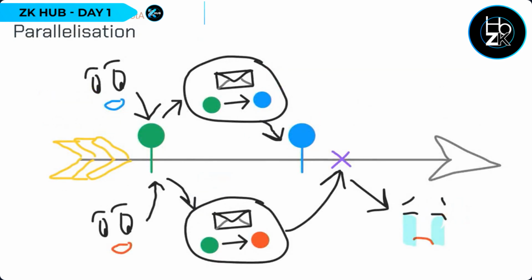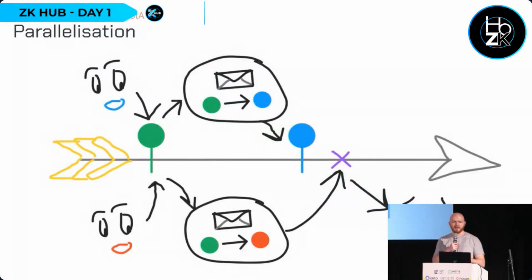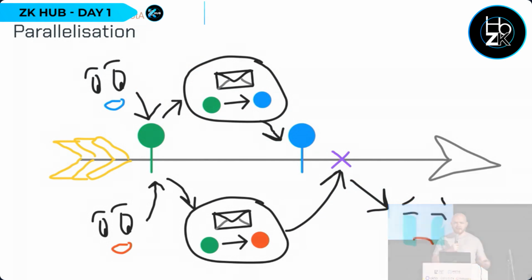The harder problem is parallelization. If you look at the documentation for the Mina protocol or Miden, or a lot of people, everybody struggles with this. Basically, if you do ZK proofs for state transitions, you have to start from an initial state commitment. So if two people see the same initial state and each send their own proof, whoever gets there first is going to deny the ability to process the other proof, because we've gone from a green state to a blue state, and the other guy expected the green state to go to the red state, and we just cannot transition from the blue state to the red state. We don't know what's happening there. And so again, annoying because your transaction doesn't go through.